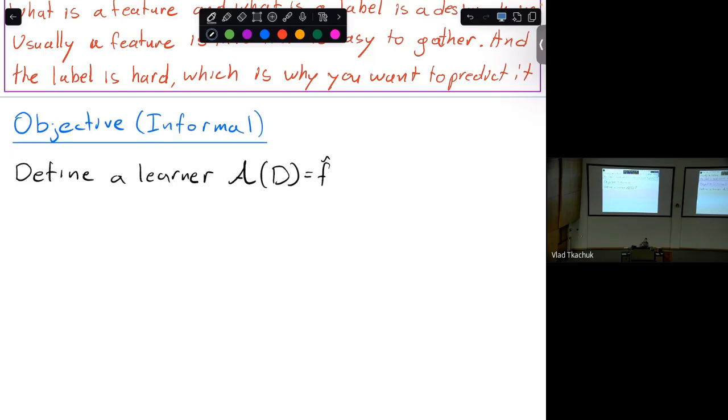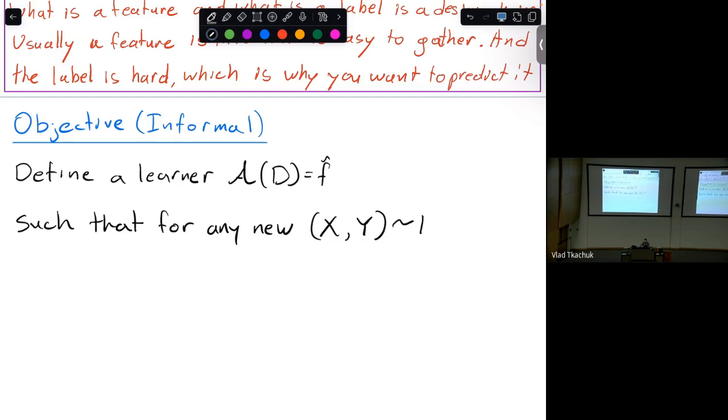Kind of. So you want to do well on a new feature, right? Roughly speaking, you're going to get some new feature that's not in your data set, and you're going to be tasked with predicting it correctly. So let me write that: such that for any new feature-label pair coming from here,